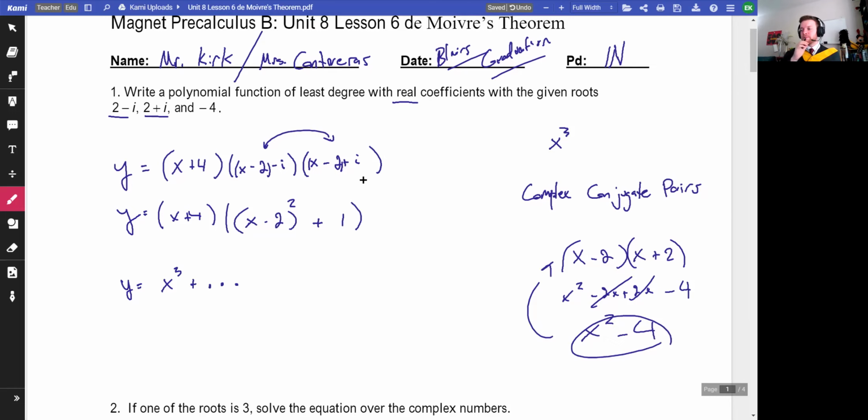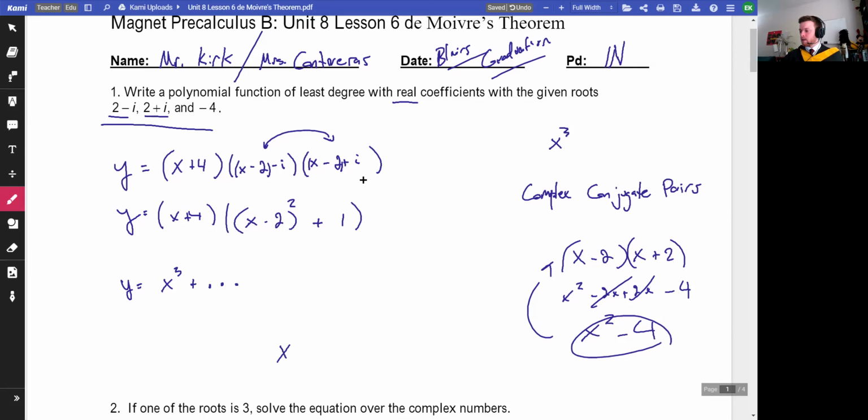But this does beg a question though. You said it at the beginning. We have 3 roots, and you immediately knew that you were going to get a cubic. Fundamental theorem of algebra, right? It's like one of those things. Yeah, so we haven't talked about that yet. That's like a new idea, even though it's the last lesson.